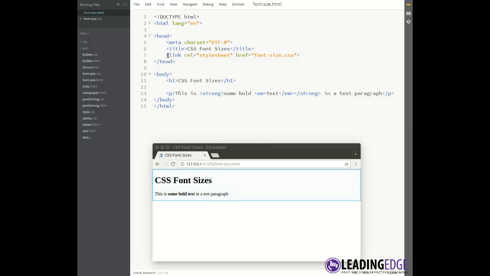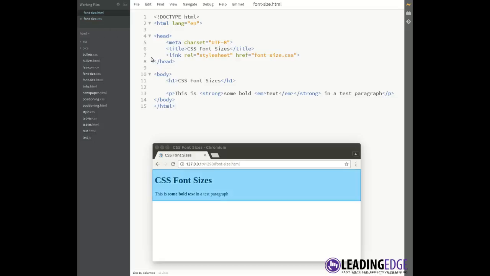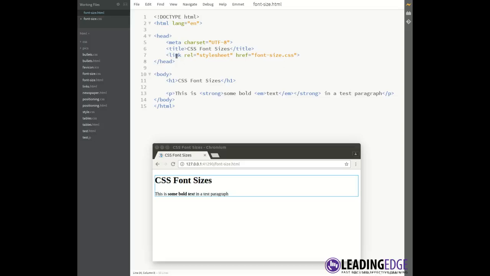Okay, then you'll notice I also have a link tag linking to an external style sheet called fontsize.css, and I have currently set this to an empty file. Okay, so to begin, I just want to mention that when you use a link tag, there's an attribute which is optional called media, and this can be set to various different values, as you can see here. The two popular ones that we use are screen, which is the default, and print, which is when you print